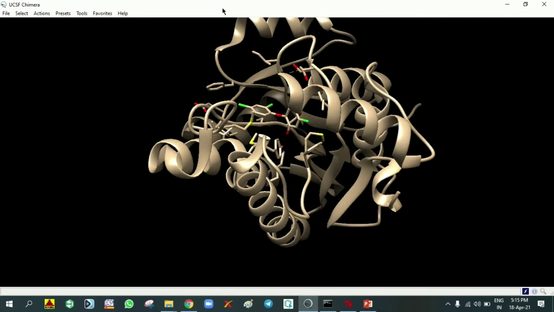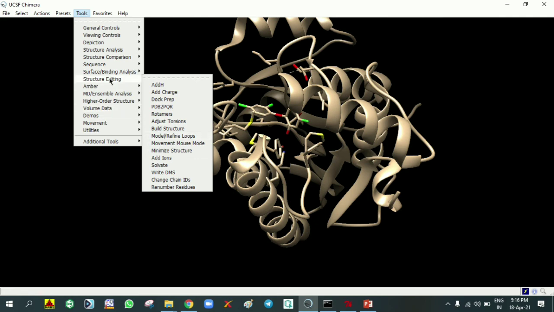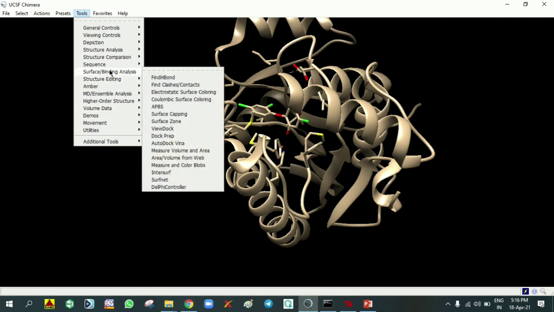In AutoDock, the confusion we always get is how to make the grid box. Here we can do the grid box generation in this UCSF Chimera, and those grid parameters we can use in AutoDock. For that we need to go to Tools, Structure Editing, Surface or Binding Analysis.